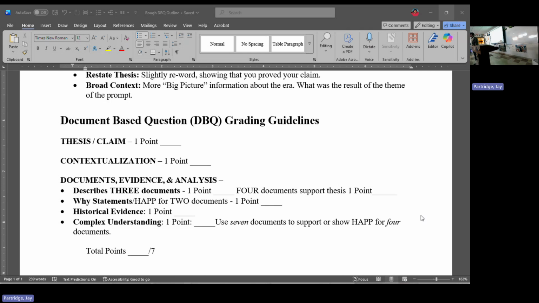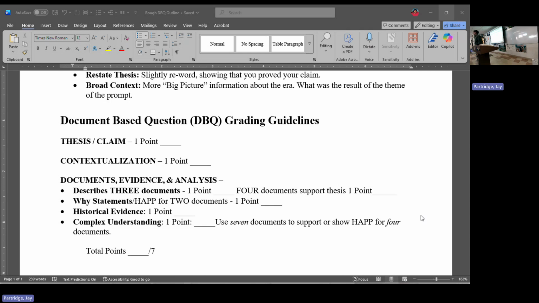DBQs are great. They give you documents, they help you out. The questions are broad enough, you can go in whatever direction you want to go. You write what you know. You pick what the body paragraphs are. I know it's more work. I know you've got problems. Whatever, right? You've got to do work. Big deal. You write well. I know you can do this. Great. We want to write, not multiple choice. It's yes or no, right or wrong.